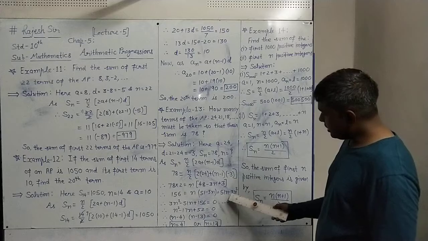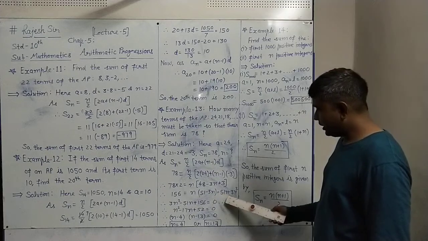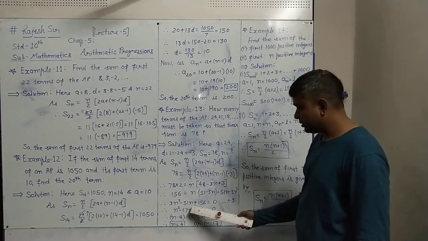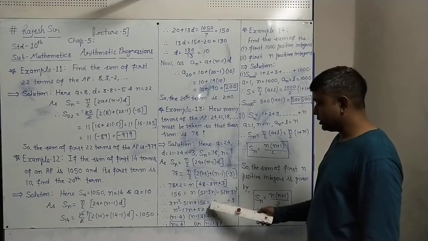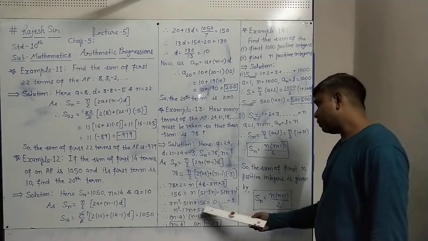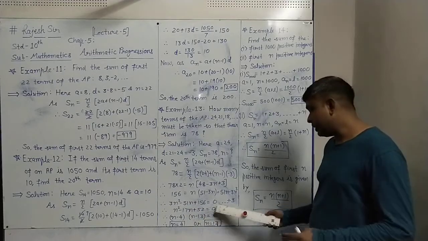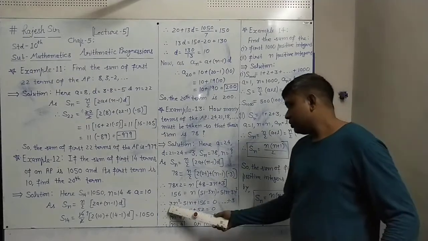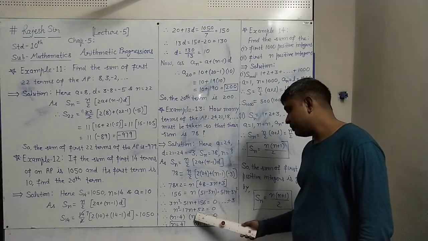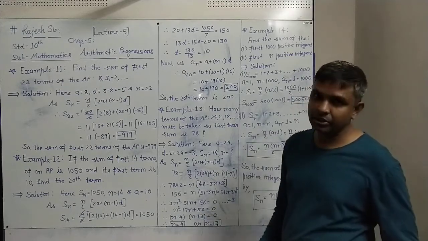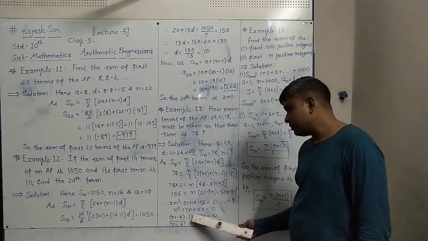Now take both the terms of the right side to the left side. So minus 3n square becomes plus 3n square, 51n becomes minus 51n, and plus 156 stays as it is, equals 0 on this side since we have no terms. You can see this equation is divisible by 3, all three terms are divisible by 3, so we divide by 3. It will be n square minus 17n plus 52 equals 0.